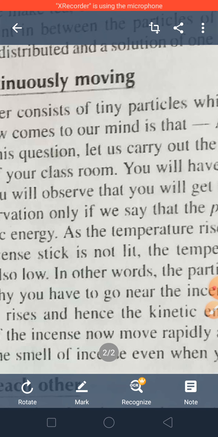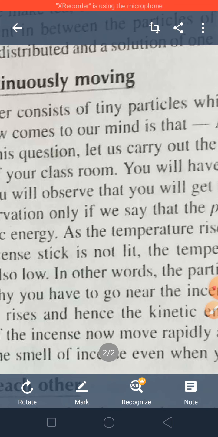This indicates that particles of matter are continuously moving. Also, once the temperature of the particles of matter increases, they get more kinetic energy, making the particles move more vigorously. So from this we can conclude that the particles of matter are in continuous motion, and